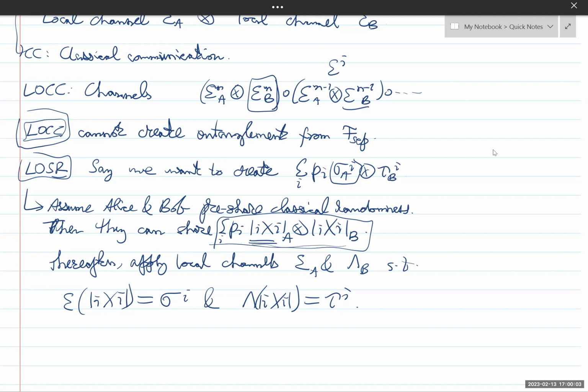Or, I mean, correlated in any way they please. But for example, it can be maximally correlated, in which case they can do whatever. But purely classically correlated. So essentially, it's in the definition of LOSR, it's already included to say that you essentially have access to